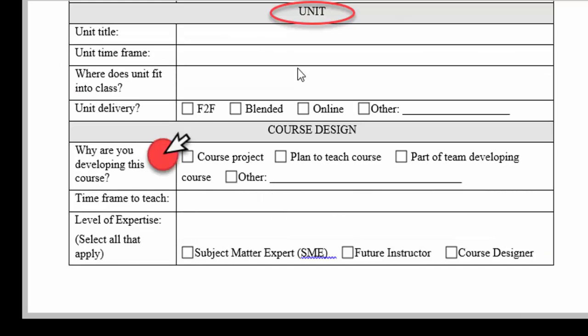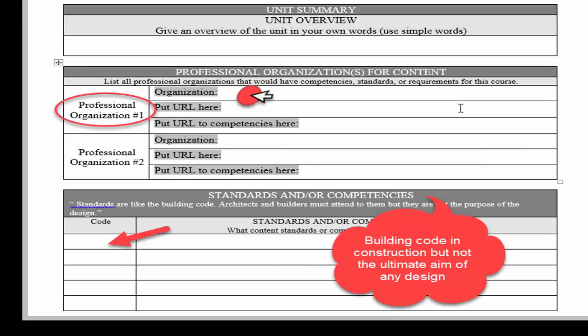Next is the information about the unit being taught and the course design. Make sure you give accurate reason to why the course was developed. The summary of a unit in your own words is next, then followed by the professional organization that your content came from. Your content is considered the standards or competencies that guide your instruction and the URLs where they are